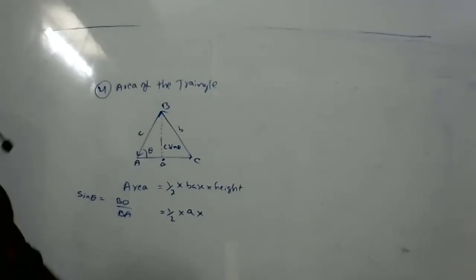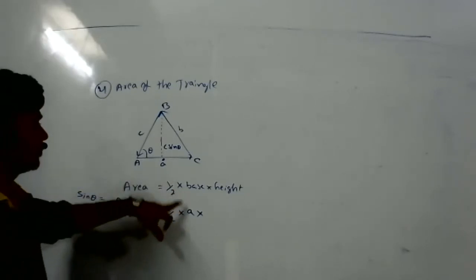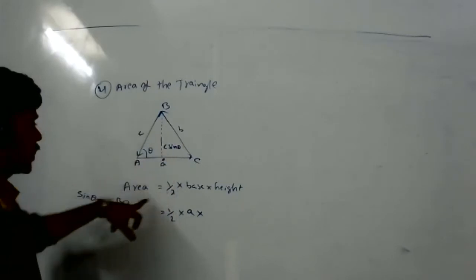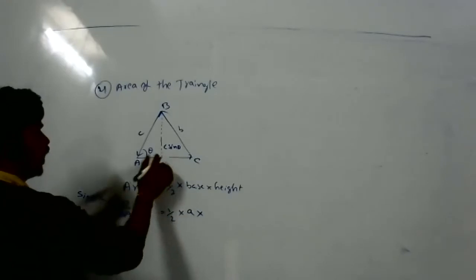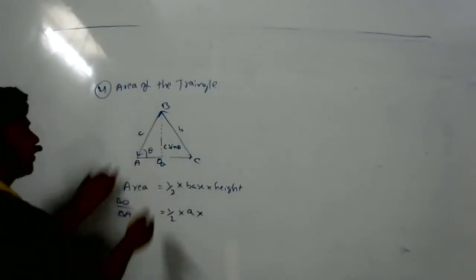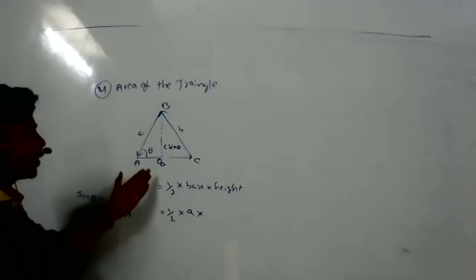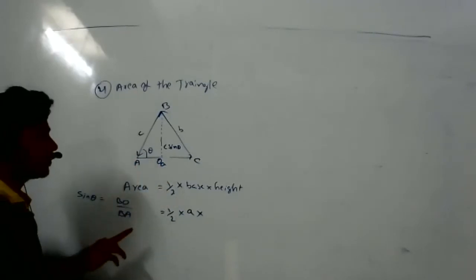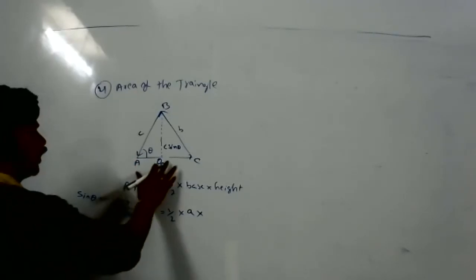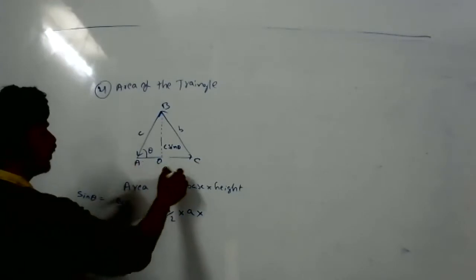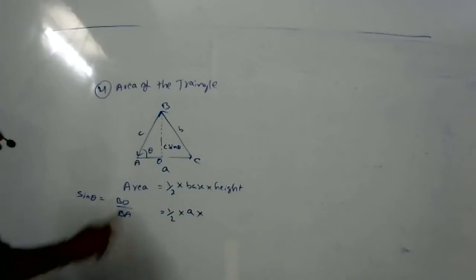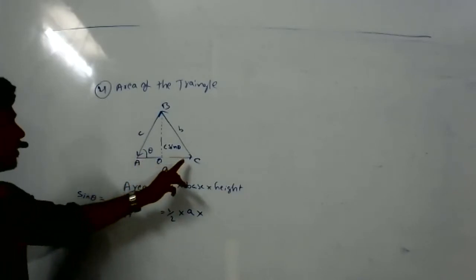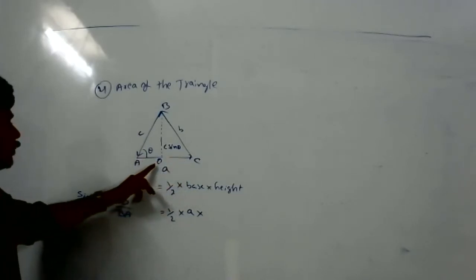Sir, can we write like height is sin theta? Yeah, so wait, where is O? Right here, O. We will draw a perpendicular line, right? It is O. So what's A? It is the A vector. It is the B vector. It is the C vector. So can we just write AC vector, BC vector instead of writing A vector?